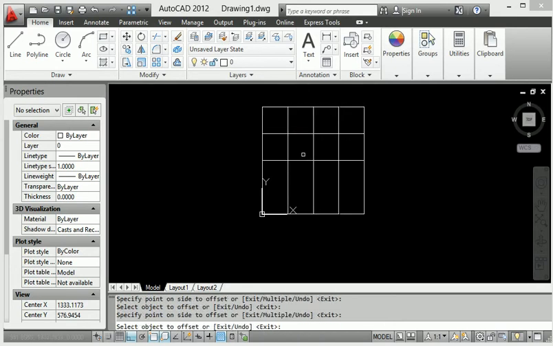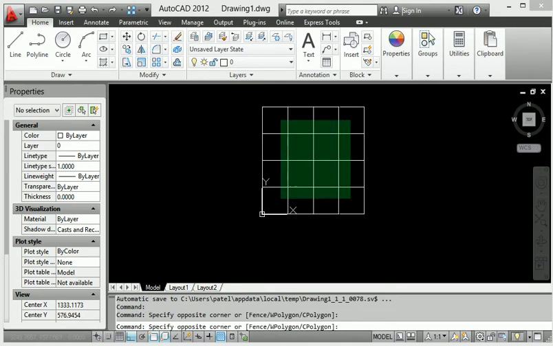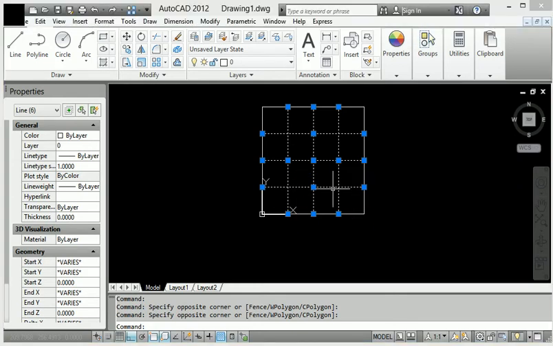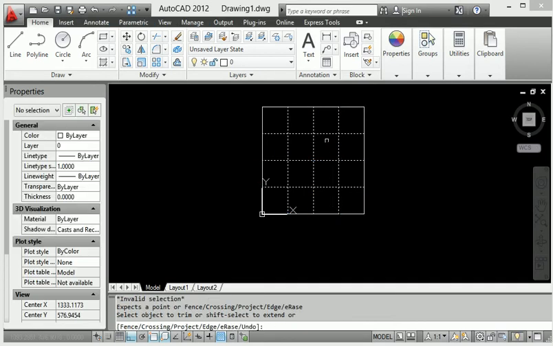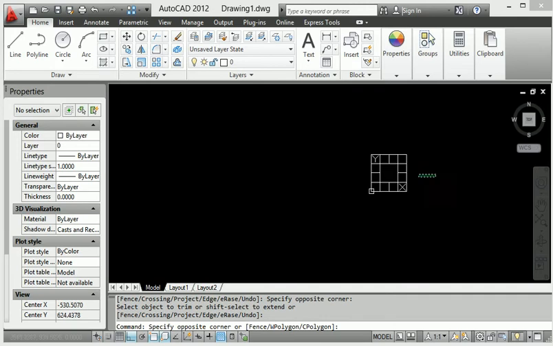When I click here and also here, I get the trim entities here. Select this internal part, go to TR enter.